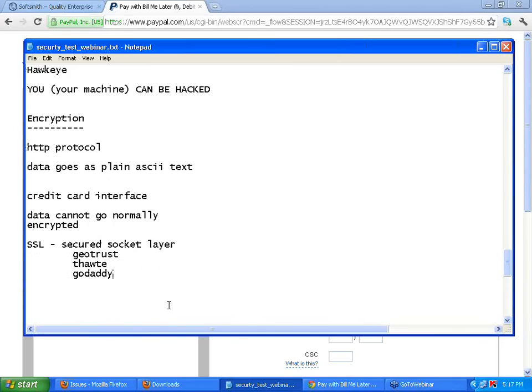So you need to register with them. They will provide a special encryption software to you, and you need to install that encryption software in your Tomcat or Internet IIS web server.